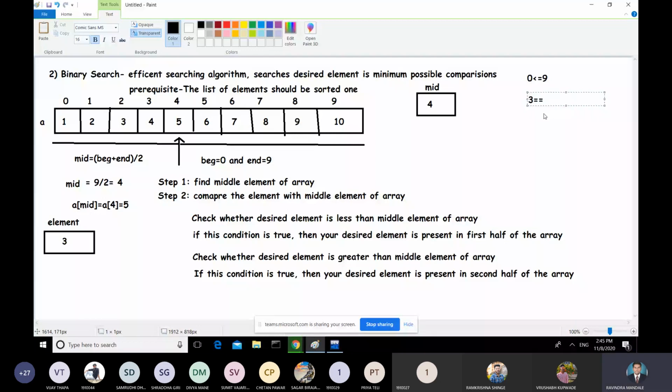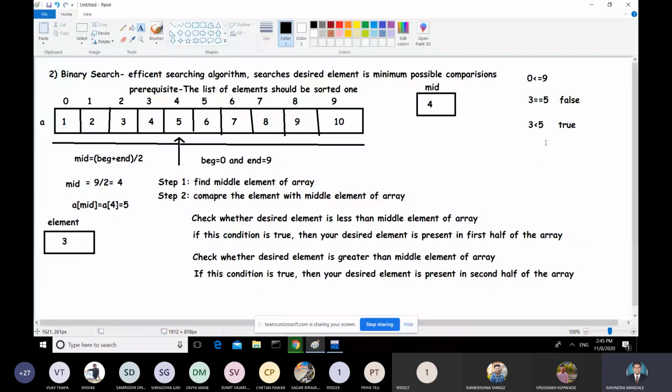Middle element is 5, so this condition is false. That was the if condition, and now else if: desired element 3 less than 5. So this condition is true. Whenever this condition is true, what is the conclusion? You need to neglect the second half of the array and search desired element in first half of the array.